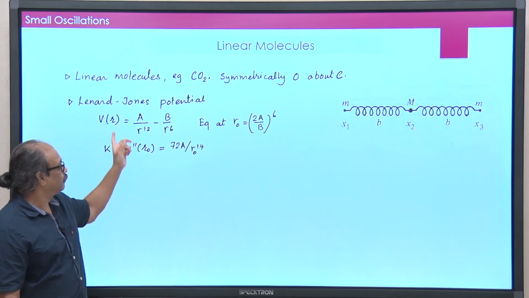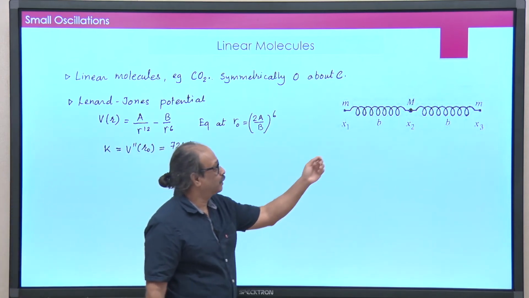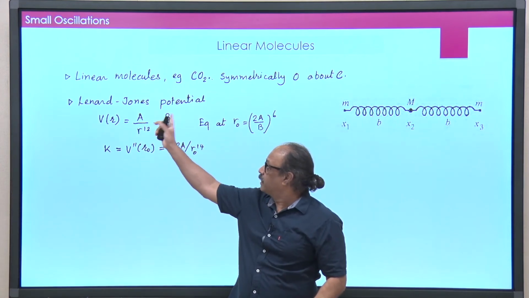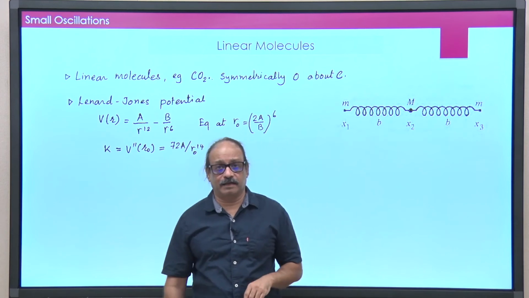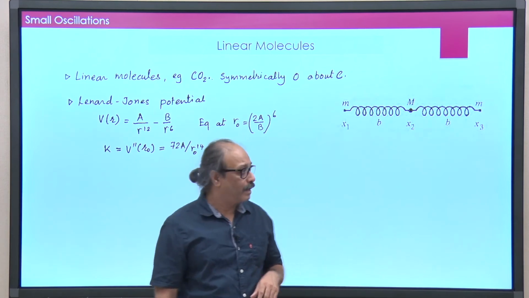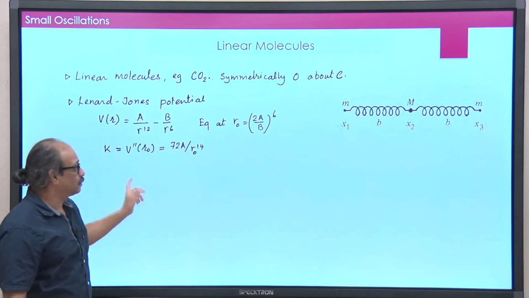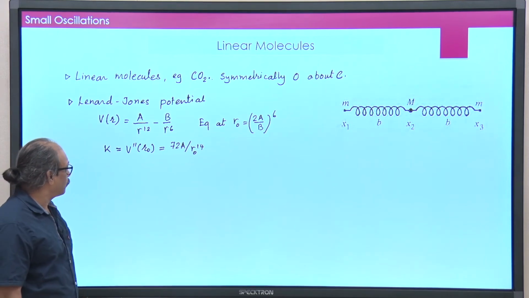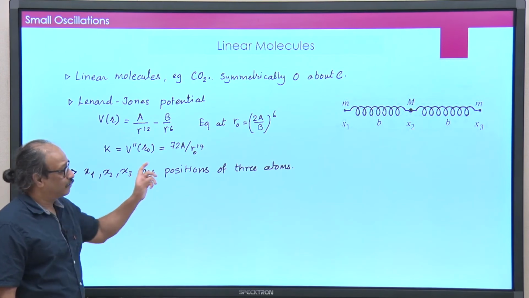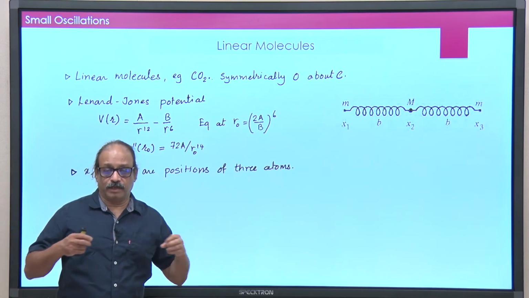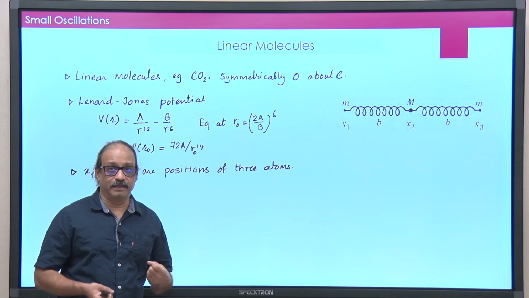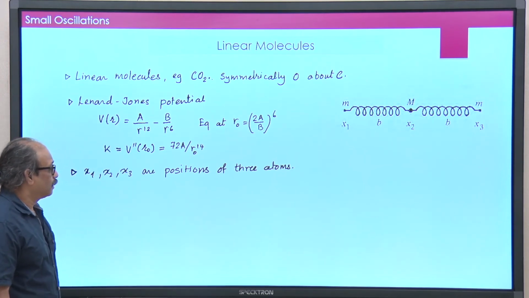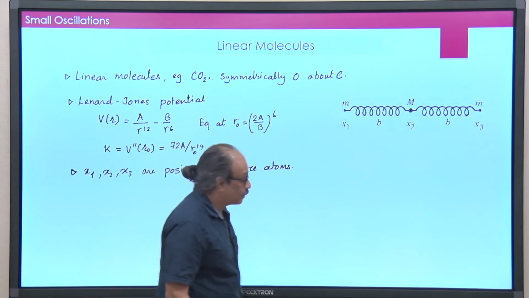Okay. So, this will work for one pair. So, for example, between oxygen and carbon, experimentally we can get the constants A and B, and then we know what that spring constant would be. Okay. Fine. So, the problem now becomes that of a molecule with springs attaching the different atoms there. Now, let us start solving this problem.